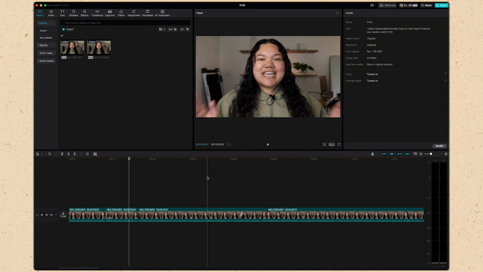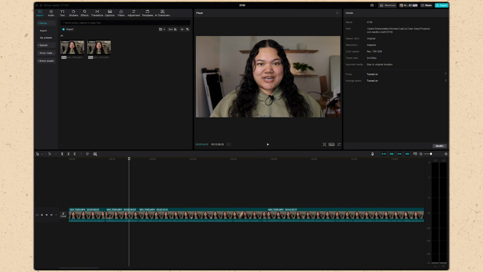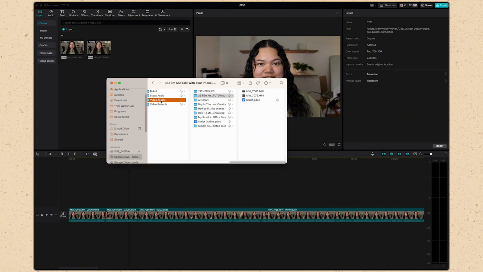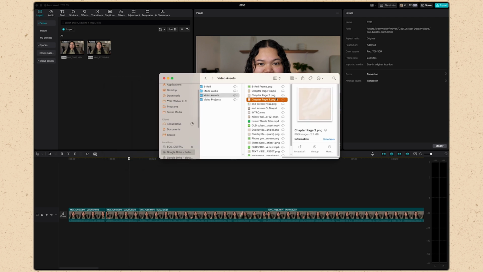Now, the next step of the process is major key points. And what that means is, you don't have to do this, but I personally like to add in title pages for my major key points. And so I'm going to go ahead and open up Finder. I'm going to go to my video assets, and then I'm going to find my chapter pages. My chapter pages are what I use to basically create title pages. So I'm going to use this one. I'm going to click and drag it to CapCut,